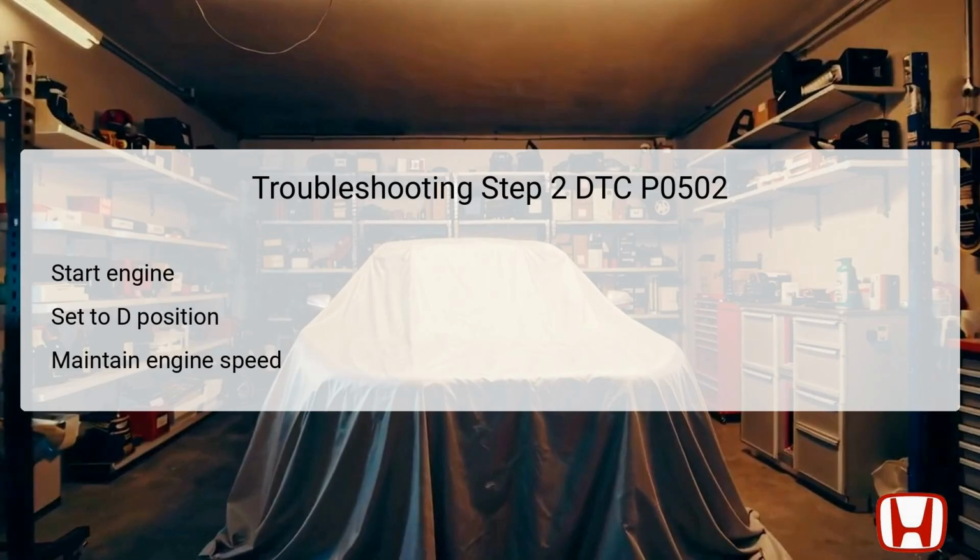It's crucial to set the vehicle's transmission to the Drive D position to simulate normal driving conditions. While doing so, the technician should ensure that the engine speed is maintained at 1,000 RPM or higher. This step is significant because it allows for the CVT to operate under load conditions, which can help determine whether the TCM receives the appropriate signals from the speed sensor while the vehicle is in motion. By maintaining steady engine speed, technicians can properly analyze the performance of the vehicle and its components during the diagnostic